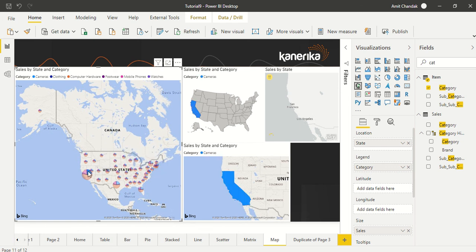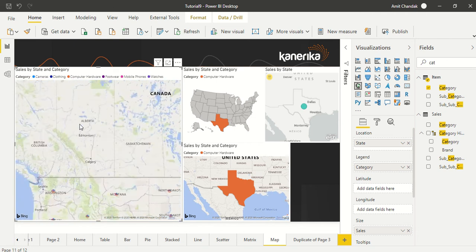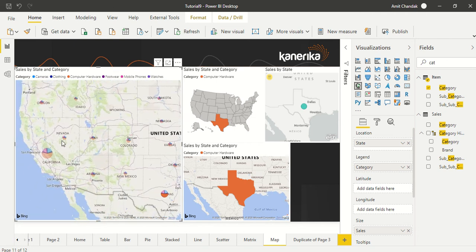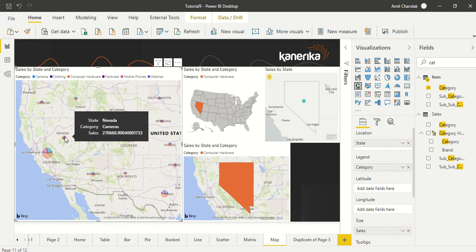These are the categories I'm filtering. I clicked footwear, and luckily the colors are the same in both places, so you can see. This is one benefit, and we can make it a bit larger, like here in Nevada. So you can go ahead and play around with all these things.